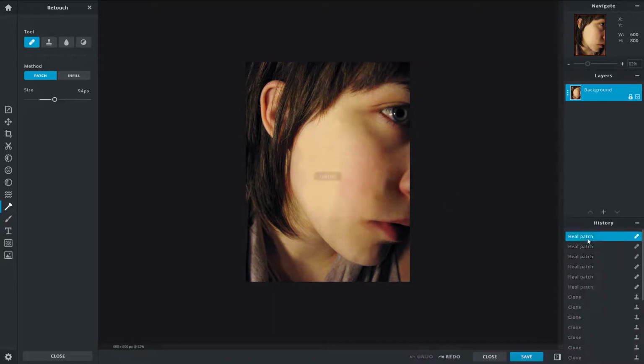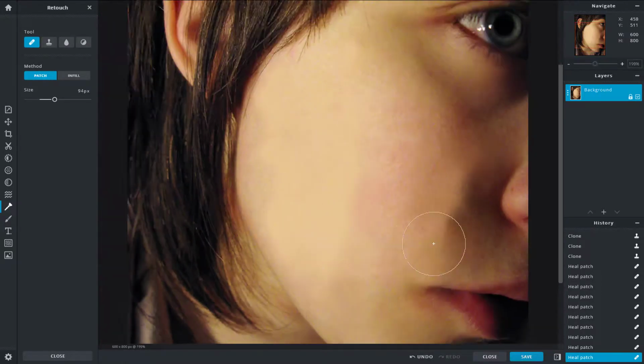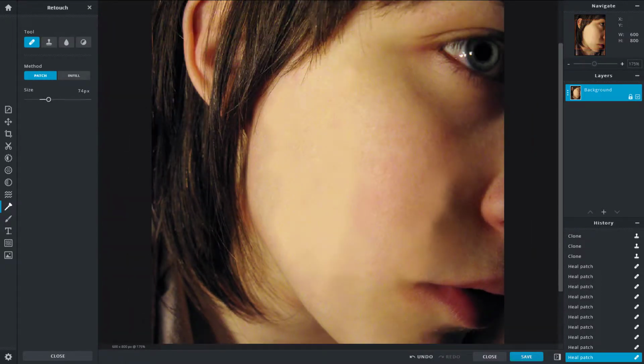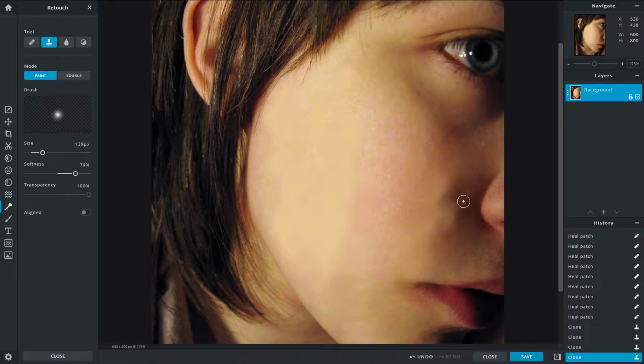So you've got this very blemishy type of face, and then you have a softer option right over here, as you can see. So I still need to make this a bit softer. It's not looking very natural. Okay, so I need to use clone stamp again.